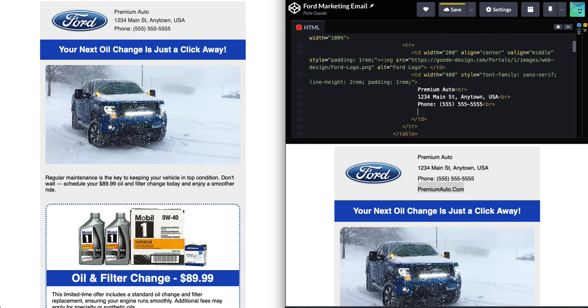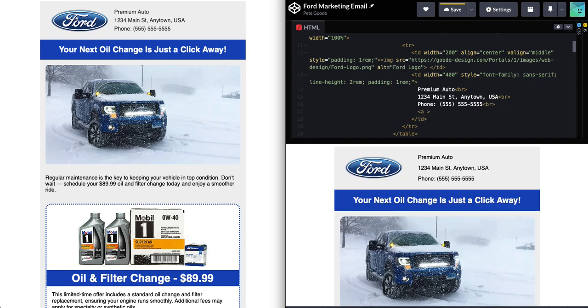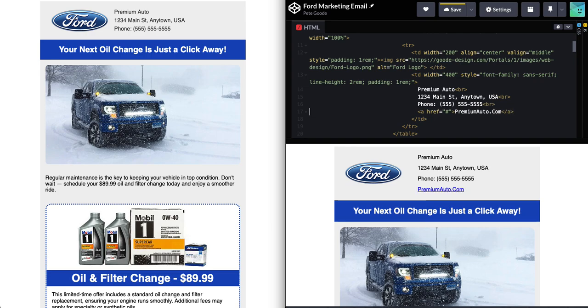Copy, and I'm going to do this href equals, and because I don't want it to actually go anywhere, I'm just going to put a pound sign or hash sign right there. I'm going to put the domain name and do a closed a tag, but then I'm going to come back into this a tag. I'm going to say style equals, let's give it a top padding